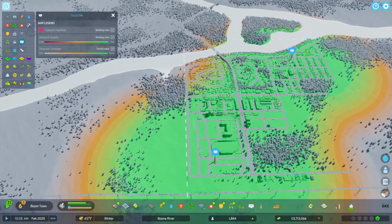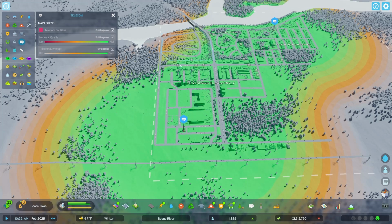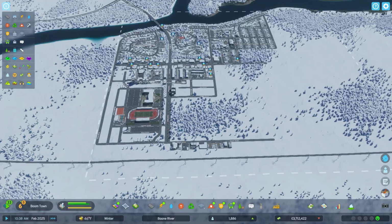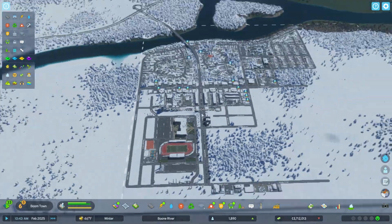Obviously, a little bit of Applewood having some coverage issues, but if I were to upgrade either one of these, I'm fairly certain it would cover it. I'm not too worried. I haven't seen complaints about it. But yeah, I'm thinking that we need to buff up some of our...